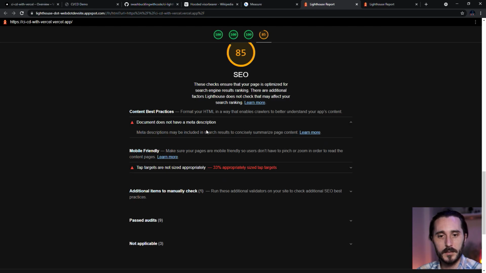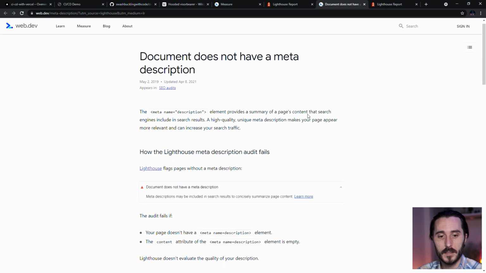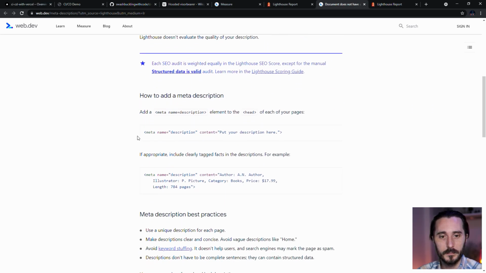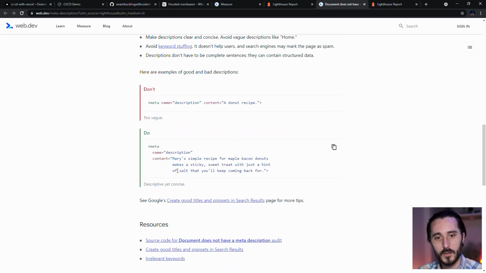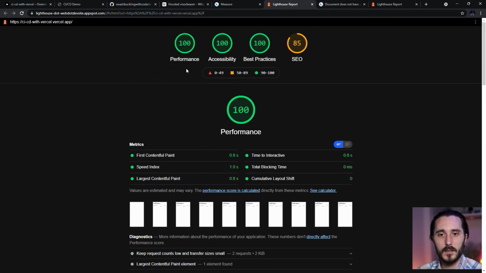What's really cool about this is, let's take a simple one like this, and they have this learn more button. You can click that, and they'll give you some documentation about pretty much every rule. It's quite amazing. And you can scroll through here. So if you're not really familiar with what a meta description is, they give you some examples. They explain what to do and what not to do, as you can see. It's a really great resource. It's kind of like having your own little auditor from Google just poking around in your site and telling you how to improve things. So let's see how we can install this locally real quick and then get that running